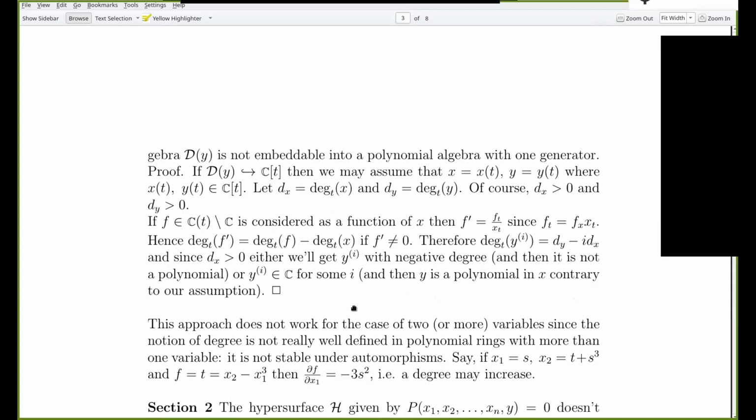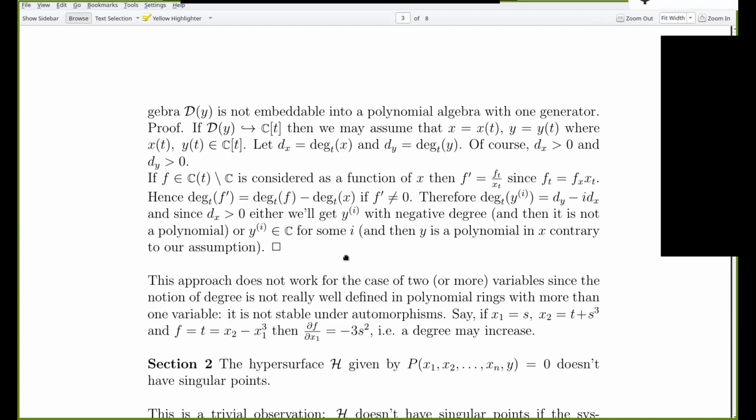And so what will happen if y is f of t? I start taking derivatives. On every step, I will have a drop of degrees by the degree of x. So by subtracting some positive number from a positive number, I either come to a negative number, so I will not have a polynomial as a result of it, because a polynomial must have positive degree, or the result will be just 0. And then, of course, it means that f is a polynomial in x. So that's really a trivial observation,